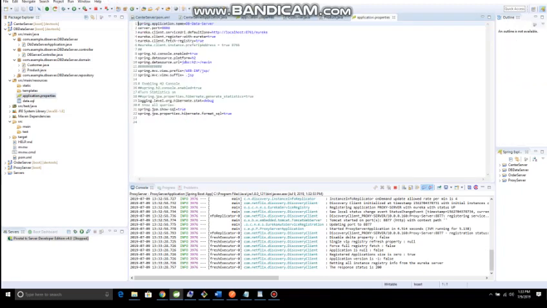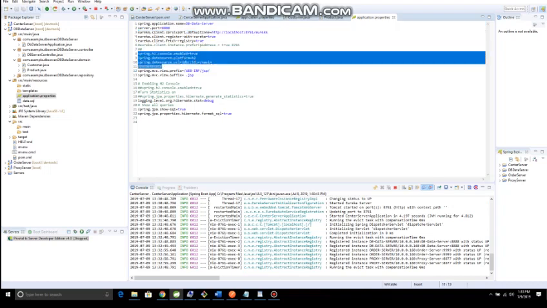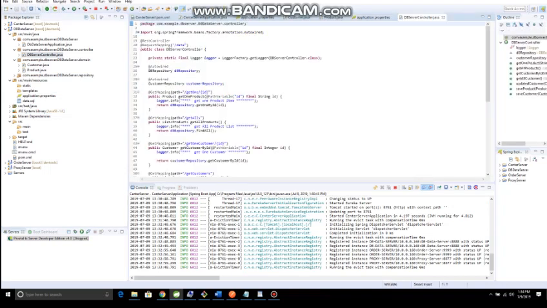We have to give this server a name and a port number, and register it to the Eureka server. Because we are using H2 as an embedded database,